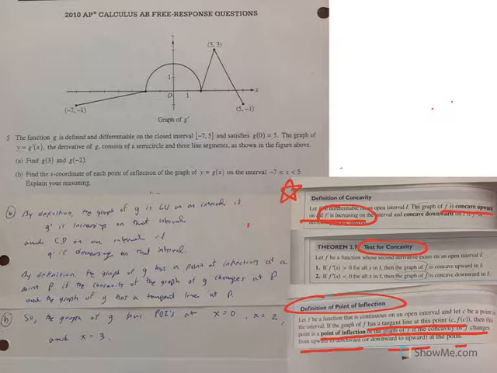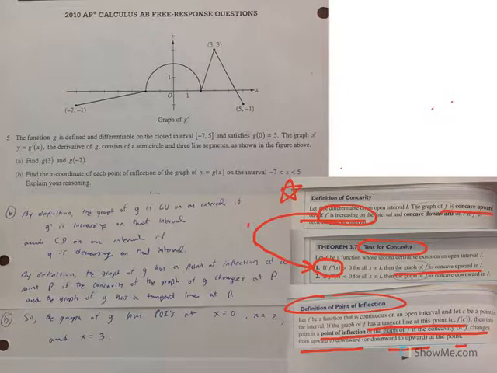But what is the first derivative of f prime? It would be f double prime. F double prime is the first derivative of f prime. The definition of concavity says if f prime is increasing on the interval, which means f double prime is positive on the interval. So if f double prime is positive on an interval, the graph of f is concave upward